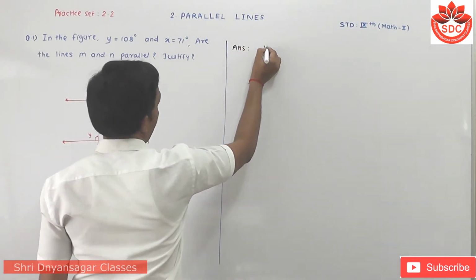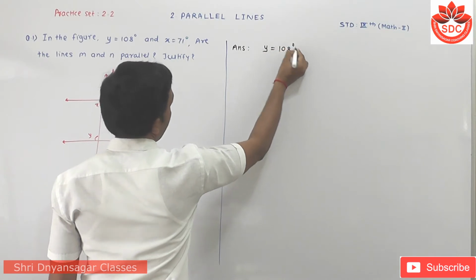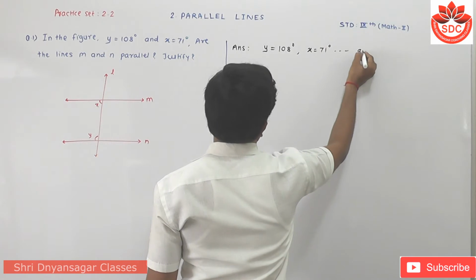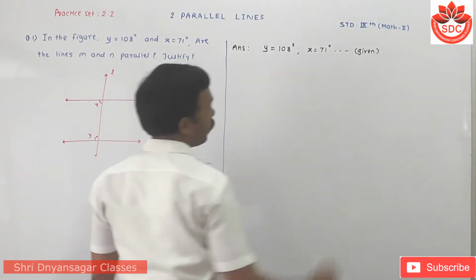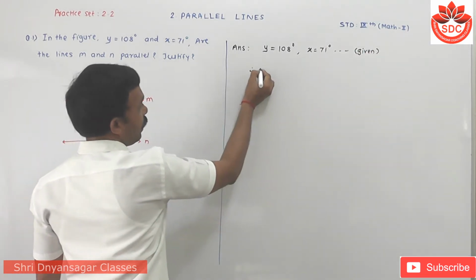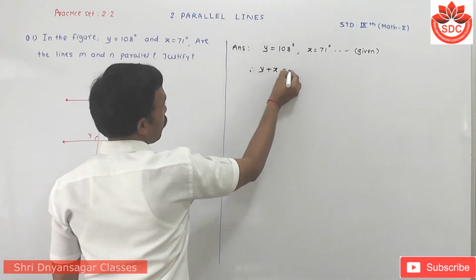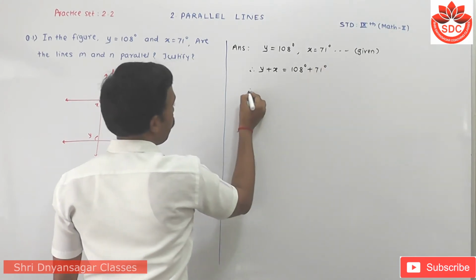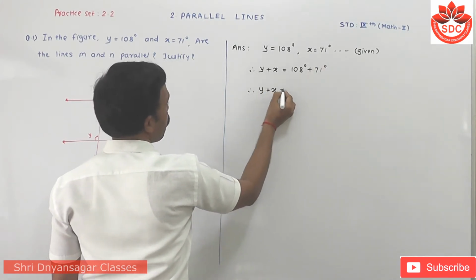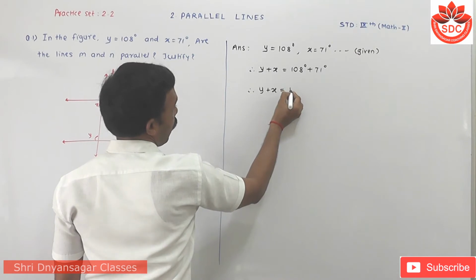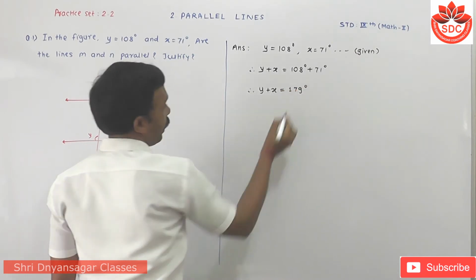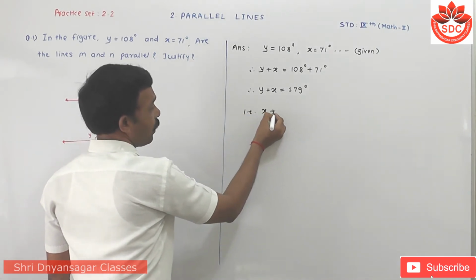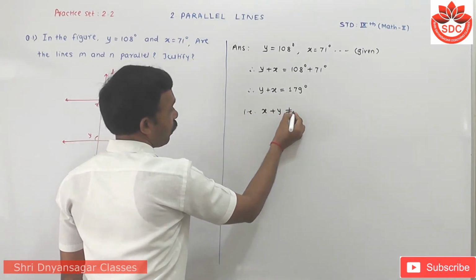It is given that y is equal to 108 degrees and x is equal to 71 degrees. This is given. Student, we take addition here. y plus x is equal to 108 degrees plus 71 degrees, which means that y plus x is equal to 179 degrees. That is, x plus y is not equal to